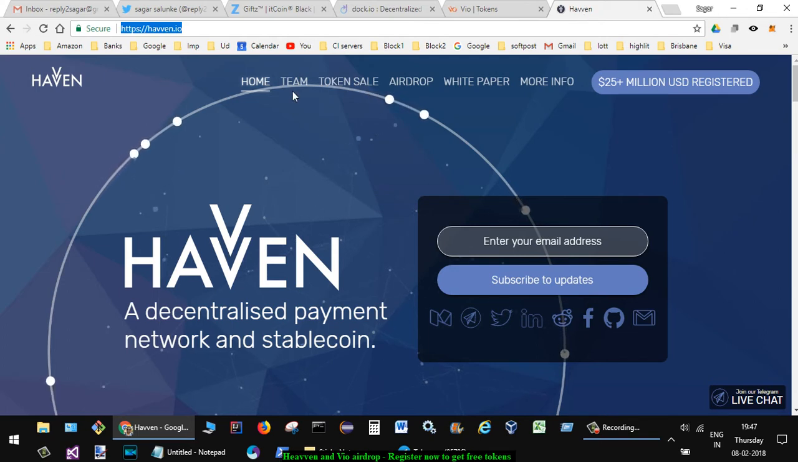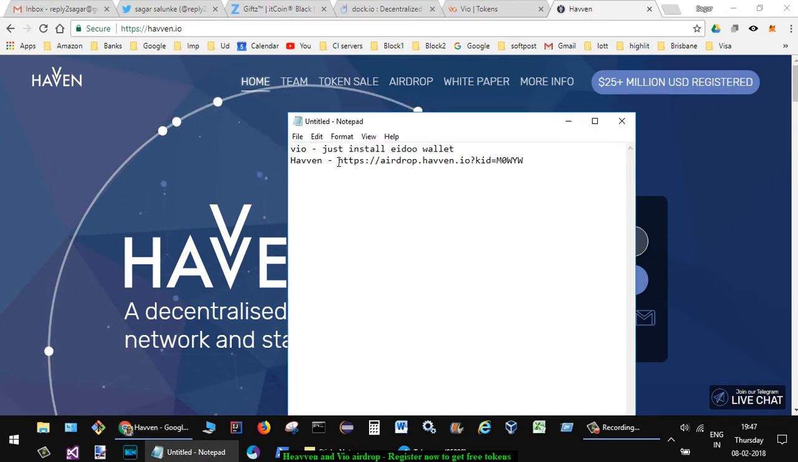the free tokens. So to participate in this Havven, what you have to do is go to this website airdrop.havven.io (kid is equal to m0wyw). So I will put that link in the description. All you have to do is just click on that link and then fill out the form. Also join the telegram channel of that ICO, and that's it. After filling out the form, you will have to complete the KYC later on, and that's how you can participate